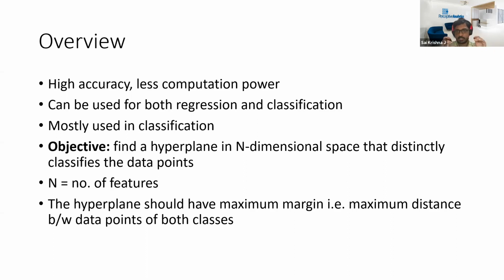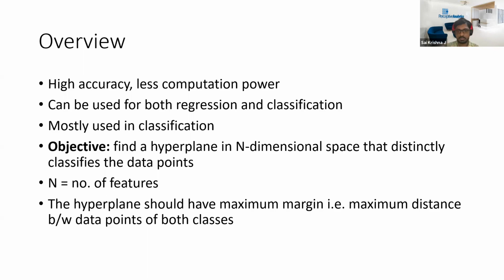If there are three features in the data, then you'll be working in a three-dimensional space, and the line in the two-dimensional space will become a plane in the three-dimensional space. That's why it's called a hyperplane. For any data which is more than three dimensions, it is not possible for us to visualize directly. So for our example today, we'll just be talking about two-dimensional and three-dimensional spaces.